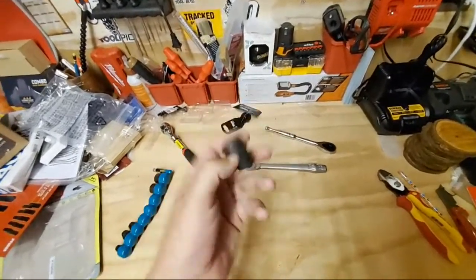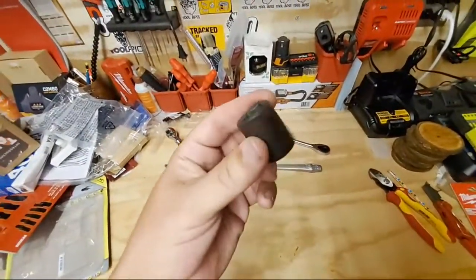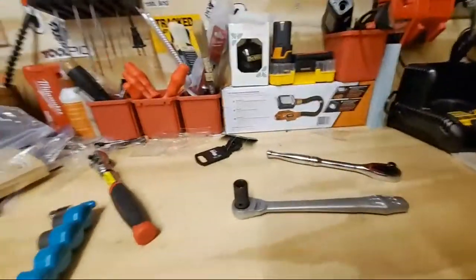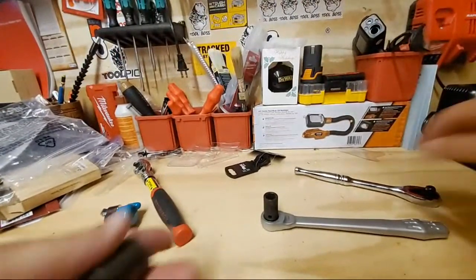I've been wanting to get the metric. You guys always see me, I never can pull the trigger, but these are great sockets. People ask me if they're any good. I really like them. All right, so